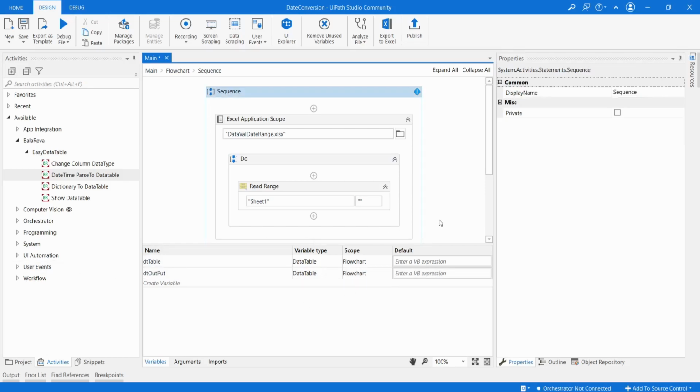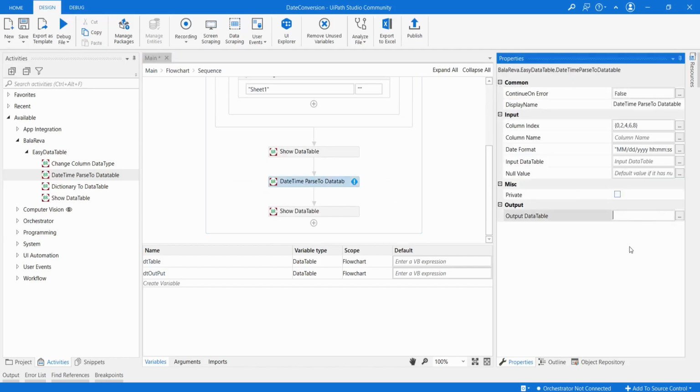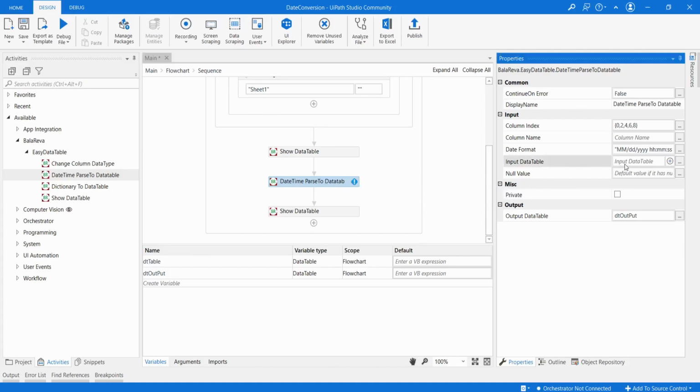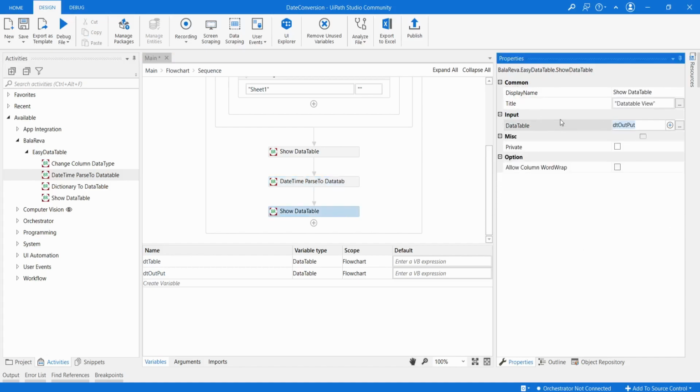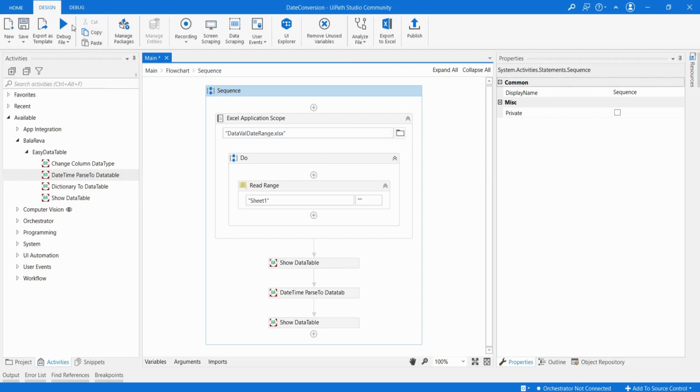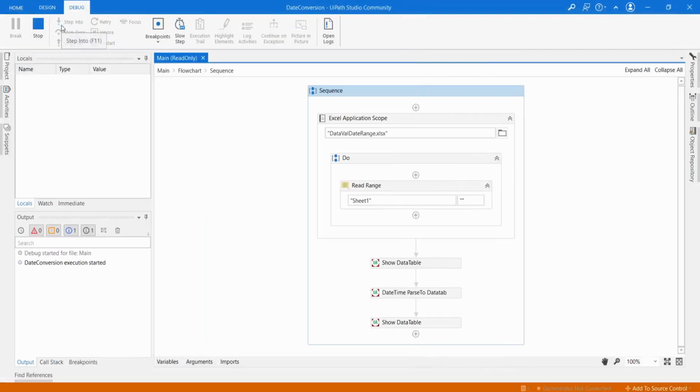In the dt output, you have to give the output property, and the input data table is dt table. And I'm going to change the show data table input to the output data table. Let us see how it goes. So before that, I'll close the sample file. So I'm going to execute the process.